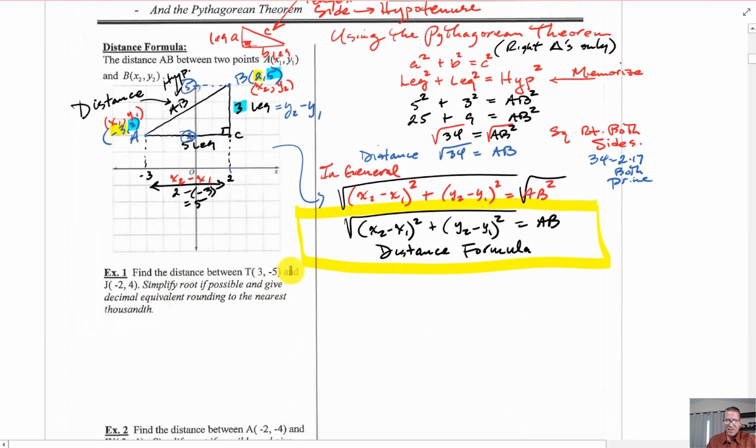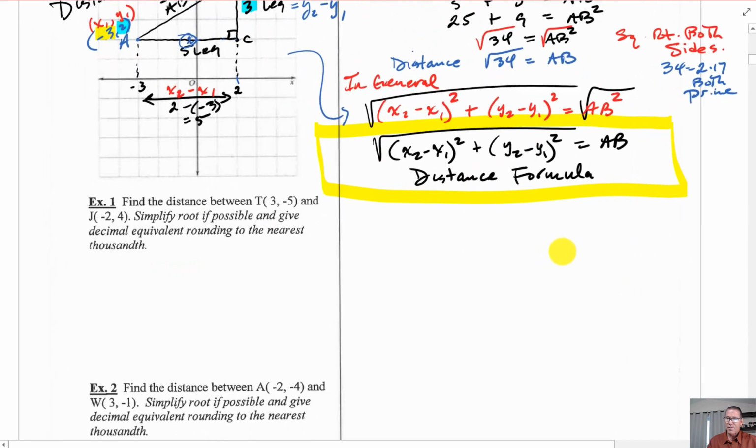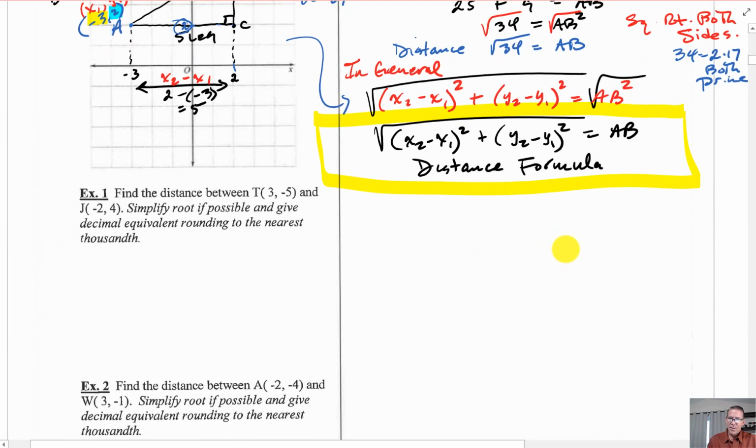And we're going to find the distance between T and J. Let me expand this a little bit. I'm going to organize my points. We're going to line the points up vertically so you can see the distance, because the most common mistake people make is they mix up the x and y coordinates. So get out your red pen and write that down: line up points vertically so you can organize